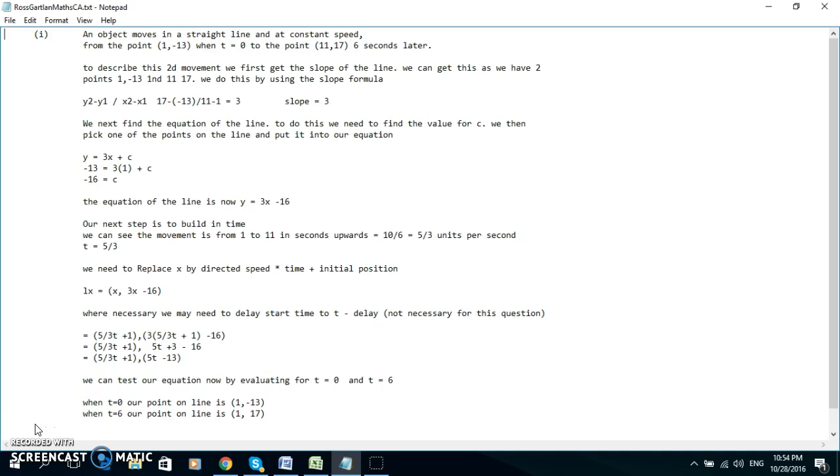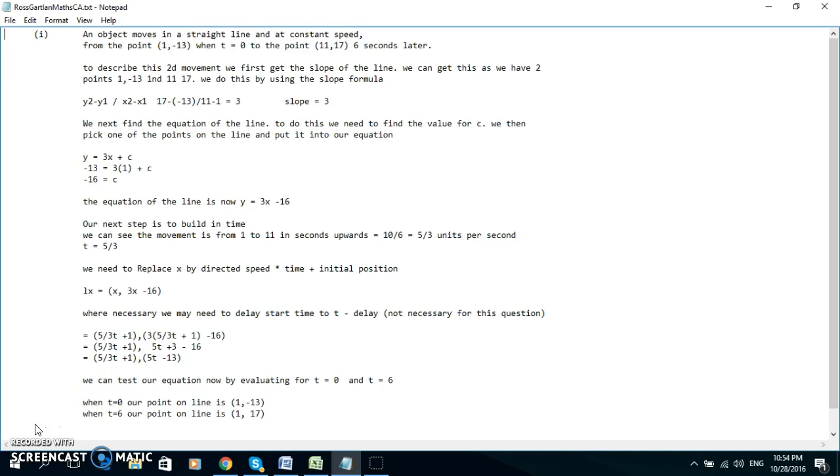Starting my project with an object moves in a straight line at a constant speed from the point 1, minus 13 when t is equal to 0 to the point 11, 17, 6 seconds later. To describe this 2D movement, we first need to get the slope of the line. We can get this when we have 2 points and we use our slope formula. So we put in y2 minus y1 over x2 minus x1 for our 2 points and we find the slope